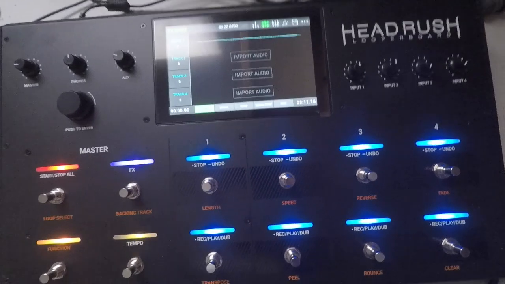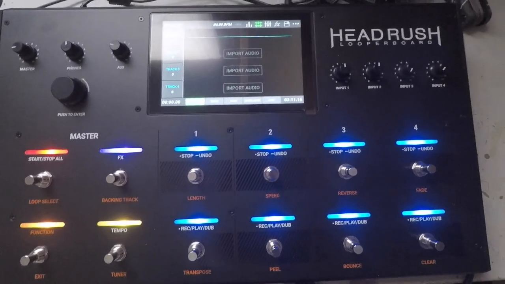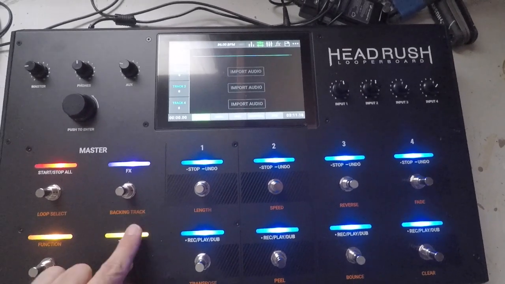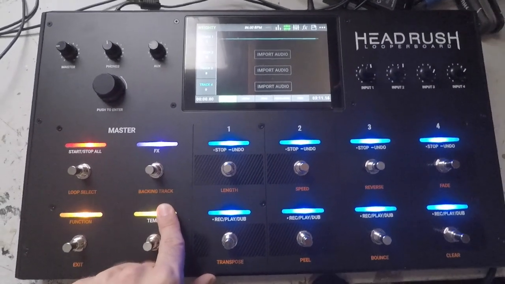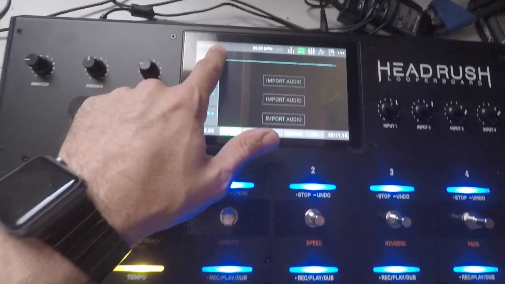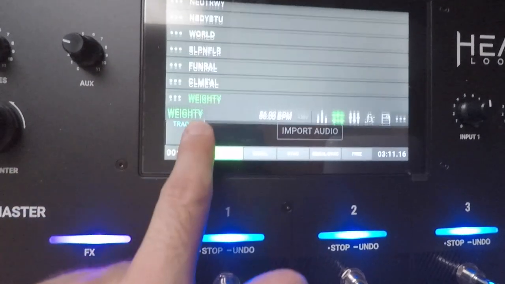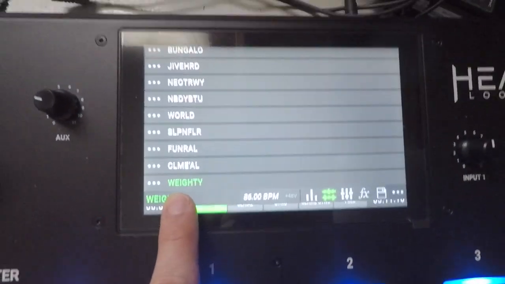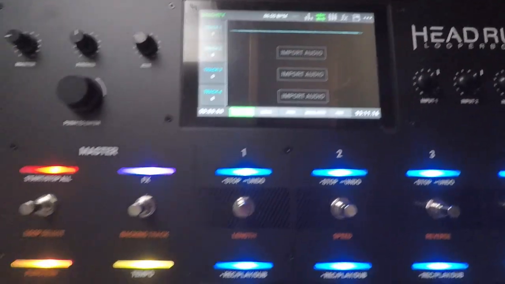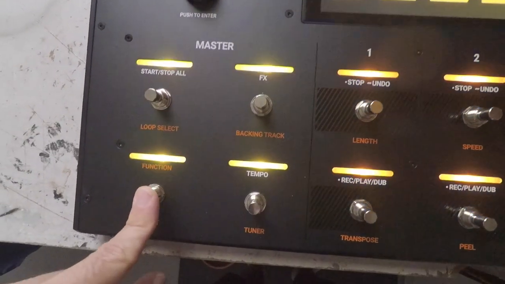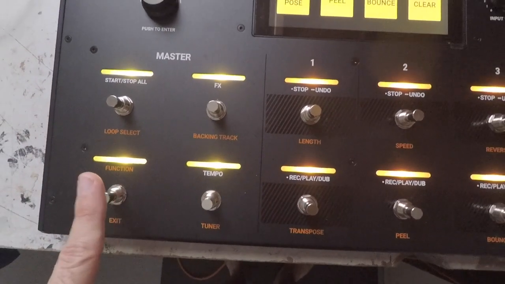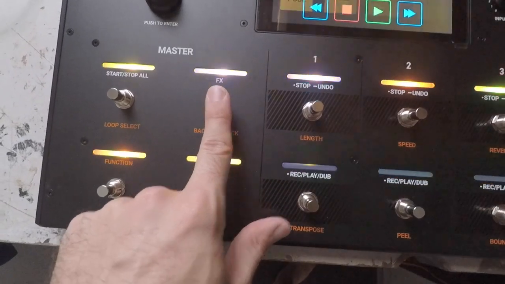Try that again, 4 clicks just to get back to do the next song. What would be great, and to that point about taking away the backing track, because I don't totally see the purpose of it, because I can't put it into this list right here. It doesn't live there. It lives in its own separate menu, and I want them to be all in the same place. So how about using this backing track button to be function and then next song,